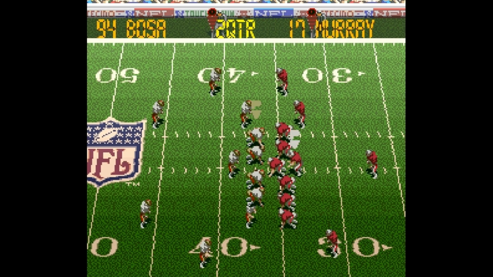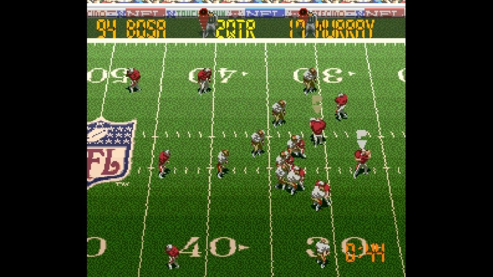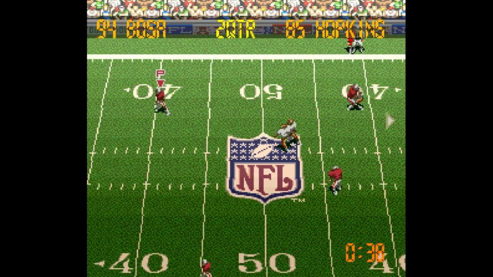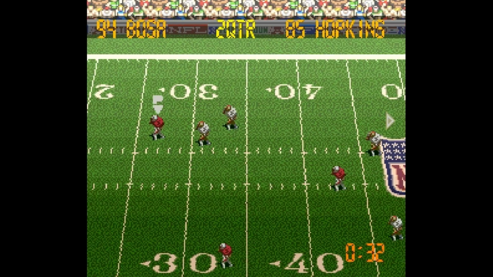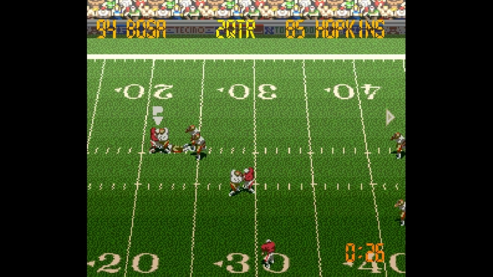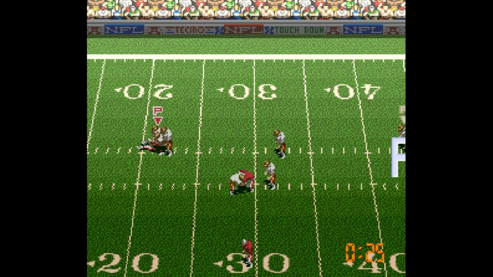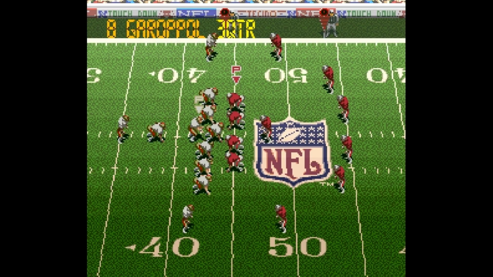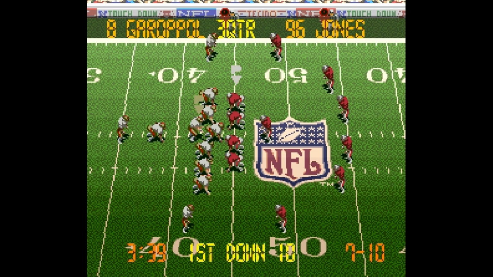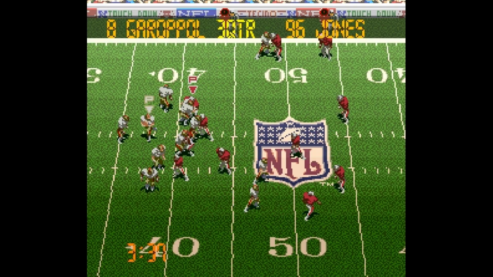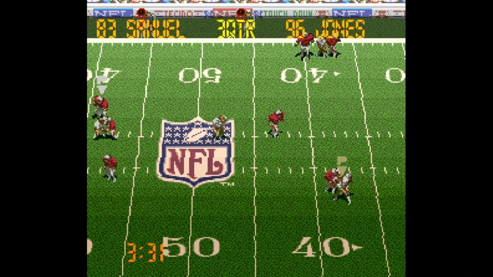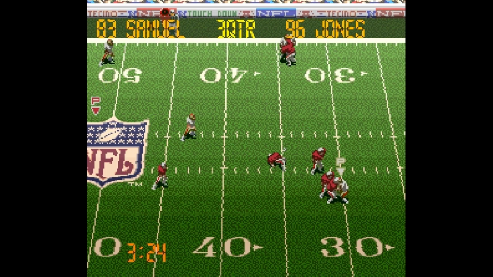Can the Cardinals get some points on the board? Going deep to DeAndre Hopkins will always help the cause. He's racing down to about the 21-yard line. The Niners tie him up and take him down there, and the Cardinals will kick a field goal. In the second half, trailing by 3, Jimmy Garoppolo goes to Deebo Samuel, makes a great diving catch, taken down